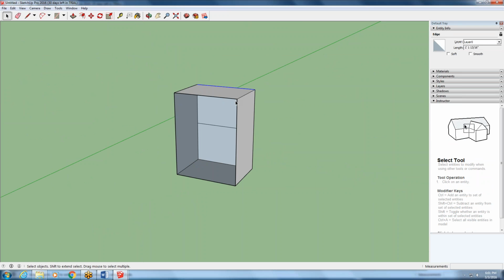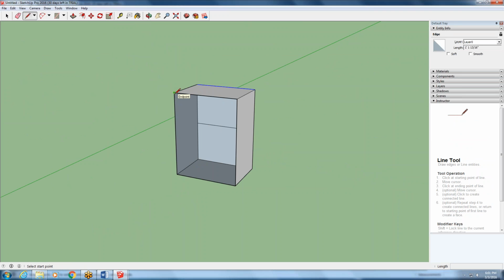Notice that when I deleted the face, it deleted the face, but we still have edges. So if I go back in, I can draw a line and complete the loop, because what that told me was I no longer had the face, and I just need one more line to complete that